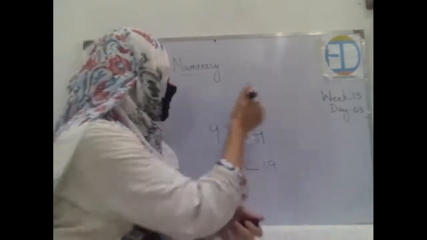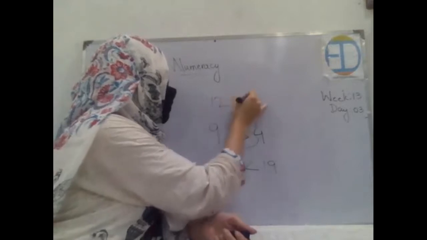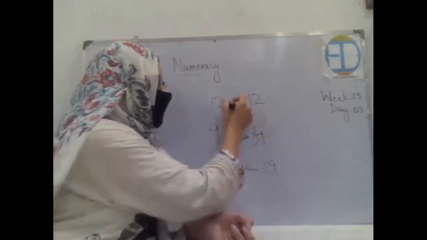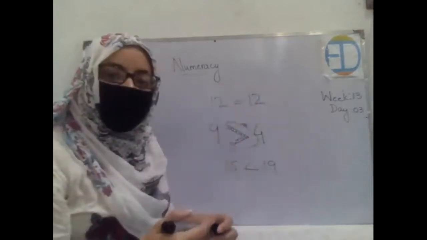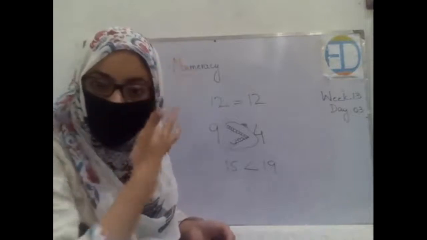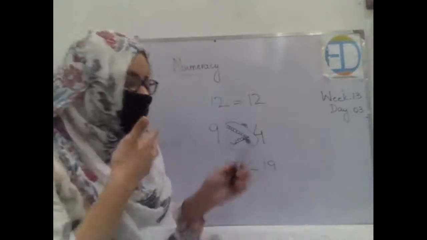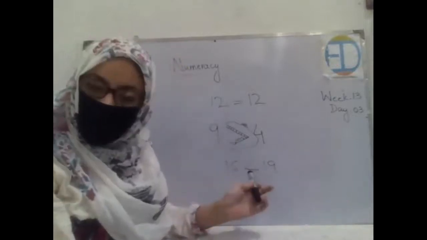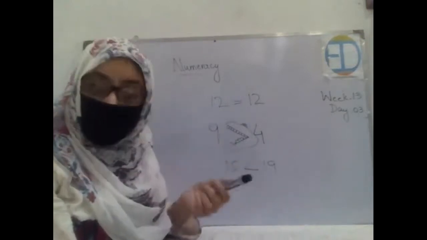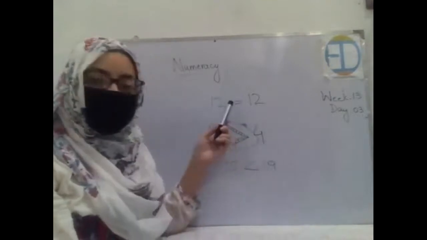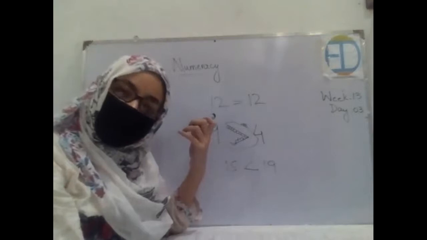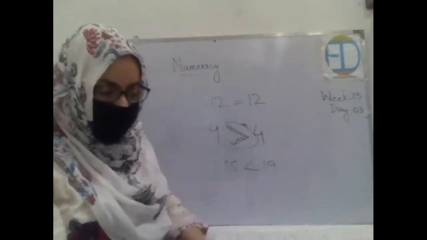And then we have this sign. Let's say I write two numbers which are equal. So now which sign will we be using? Equal to sign. Very well done. Why? Because these two numbers are equal to each other. There is no difference between the two, right? When we use these signs, this means that there is a difference between the two numbers. Difference in what? Difference in their values, right? But over here there is no difference between the two numbers, so we will be using the equal to sign. Very well done. Okay, class.